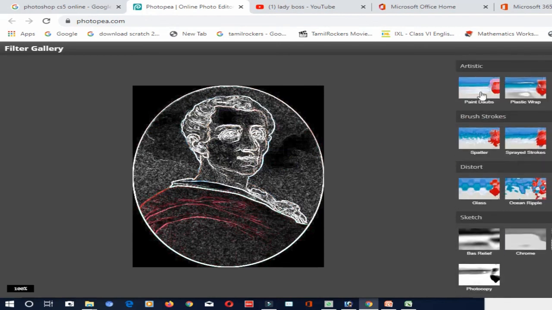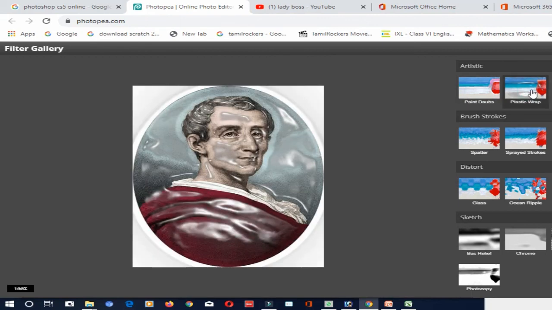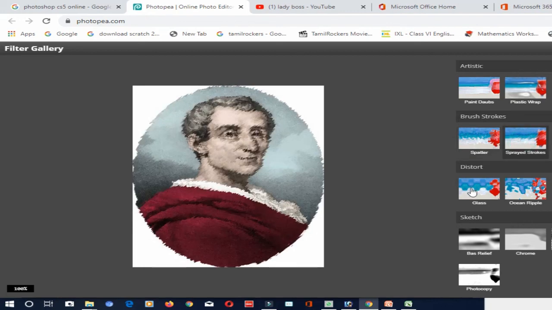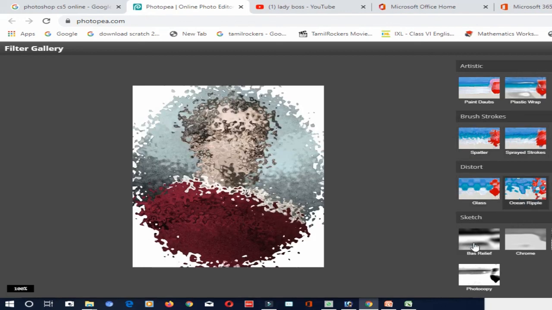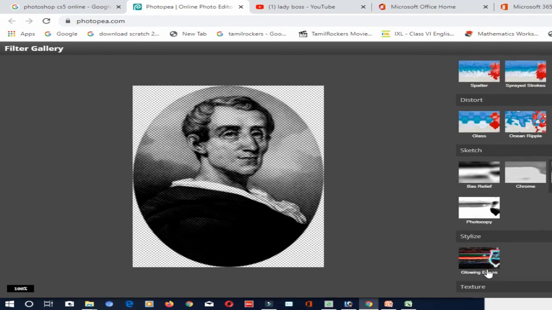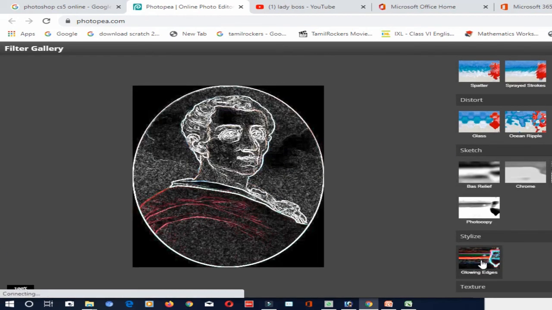The various options below that, see, this is the artistic effect, plastic. It will be different in Photoshop CS5. I'm just telling you how it works. Okay, you can select any of these options if you are using Photoshop CS5. The options which are available there, you can select and use. Okay, this way the filter gallery works.